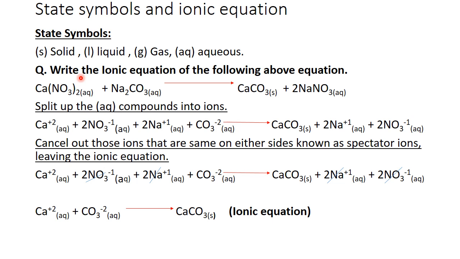Okay. So why do we write the +2 charge on the calcium? We have discussed it before, but I am revising it again because this +2 charge of the calcium will become the subscript of NO3, that is 2. Okay, and the charge on the NO3, that is -1, will become the subscript of the calcium. Okay, which we have discussed before in the class, that it will be cross multiplied and will become the ionic formula. Okay, so all of them will be split into their respective ions.